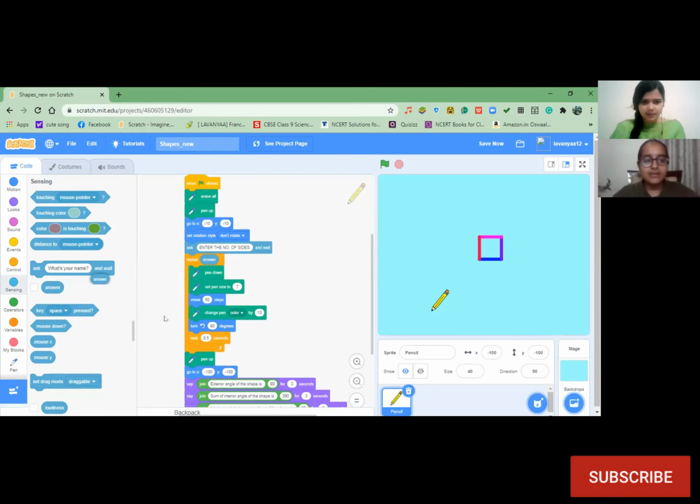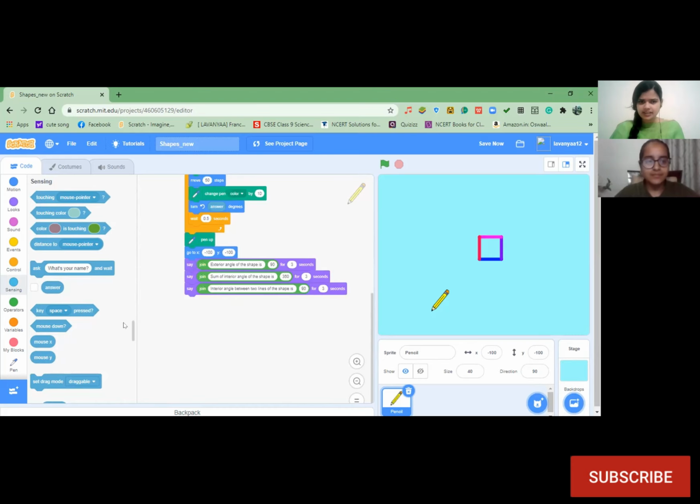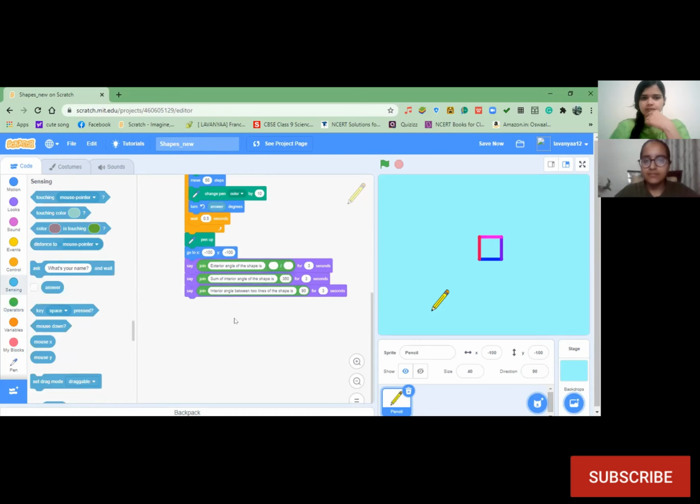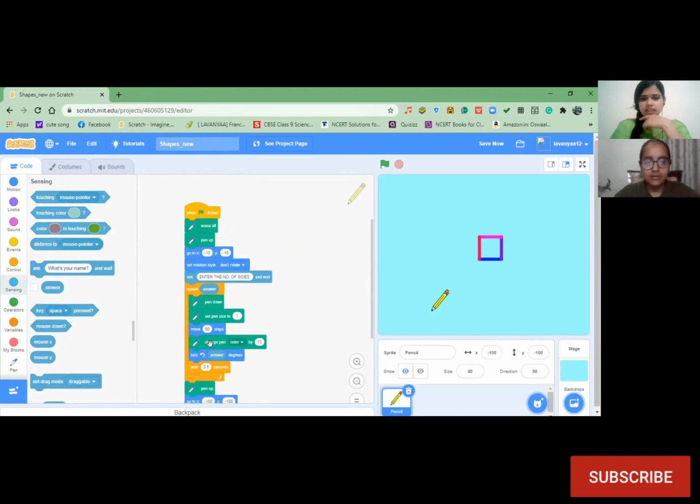We can draw any shape with the help of the exterior angle itself. So let's just give an operator block. We need to divide it with 360 degrees, right? That's the formula. So for the turning, yes, we'll just divide 360 degrees by the answer. So Lavanya, in turn, how about you remove that answer block first and give the 360 division inside the repeat block. Inside the repeat block, when we are drawing, see, below change pen color, you have to simply give an answer, no? How about you give the operator so that it can calculate accordingly. Yes, remove it.